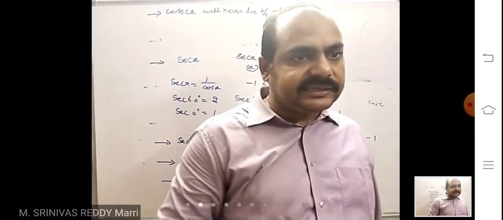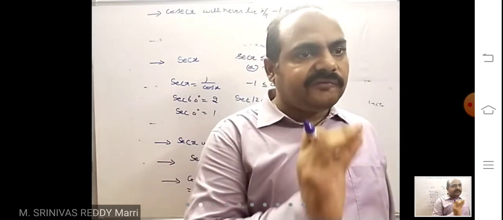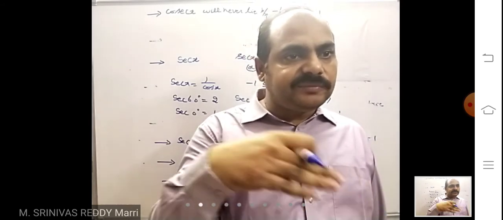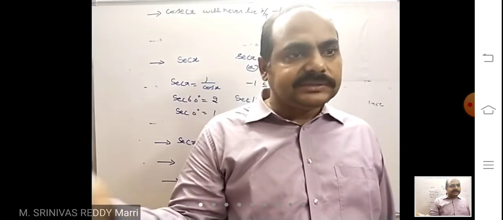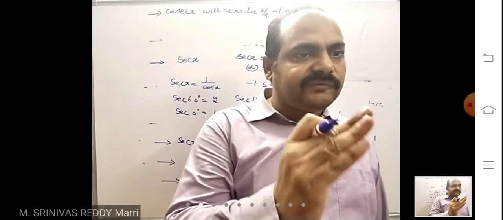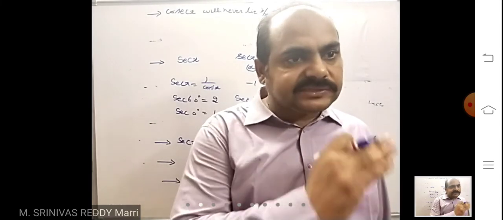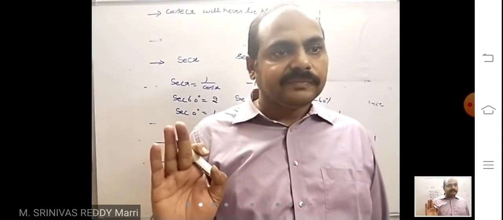Suppose I have asked like this: sin square x equal to 2. Is there any value of x? No, because its minimum value is 0, maximum value is 1. You won't get 2, right? Because it is not lying between 0 and 1. Suppose sin square x equal to -1. Do you get a perfect square as -1? No value of x. Not possible like that, right?